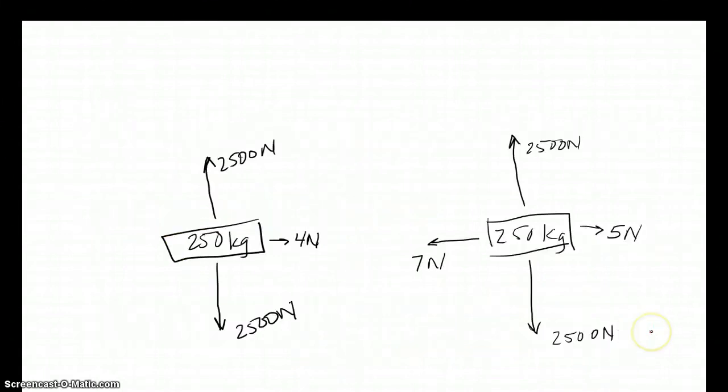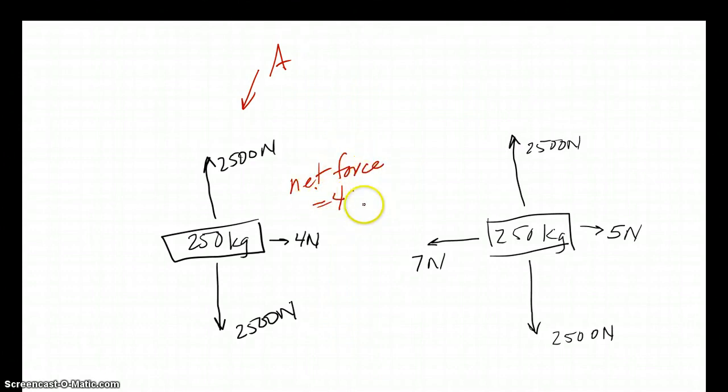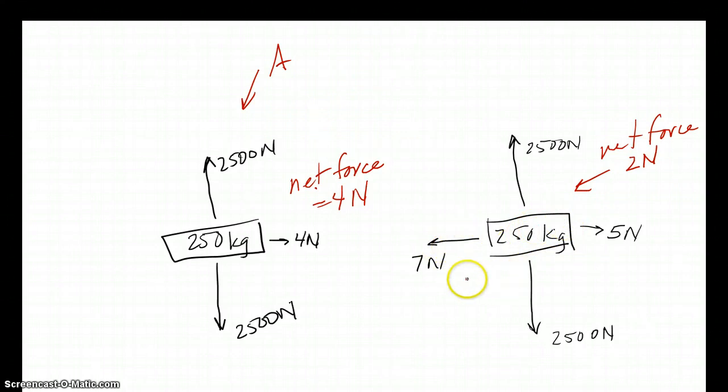All right, last one. Let's look at this one. Same sort of questions. What is the overall movement of these? Which one will accelerate faster? And in this case, I would say object A here accelerates faster because it has a net force of 4. How do I know that? Because there's 0 force on this side and 4 newtons of force on this side. Whereas this one has a net force of 2 newtons. So clearly this one is going to be moving, accelerating faster. This will be moving to the left,